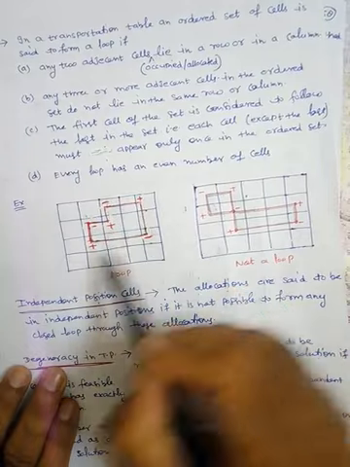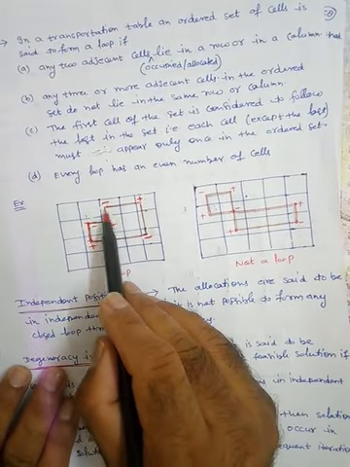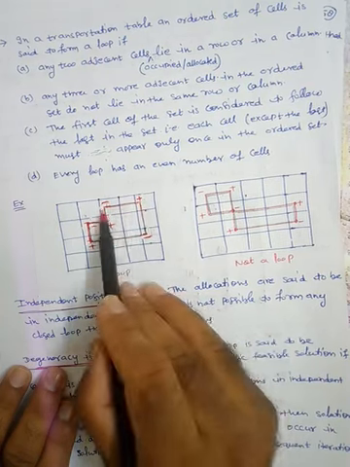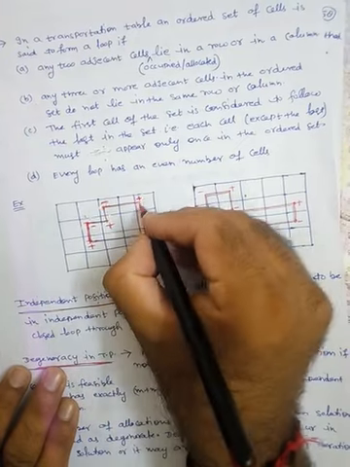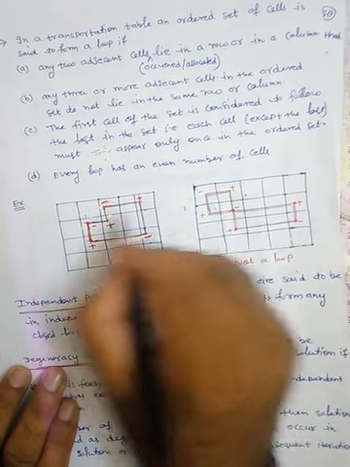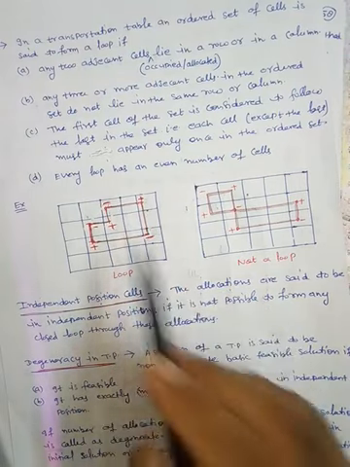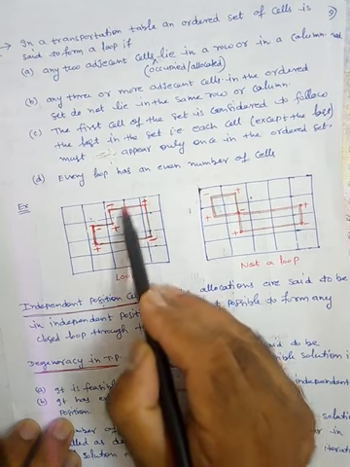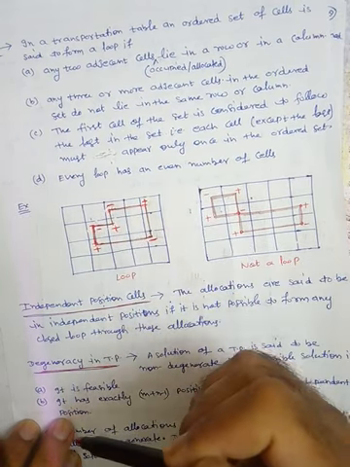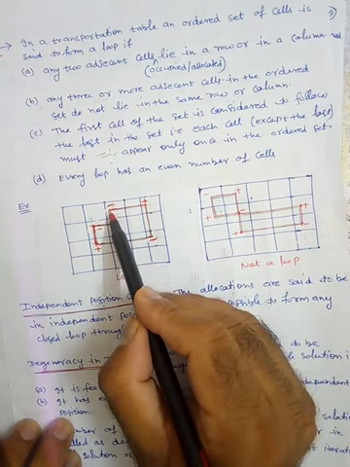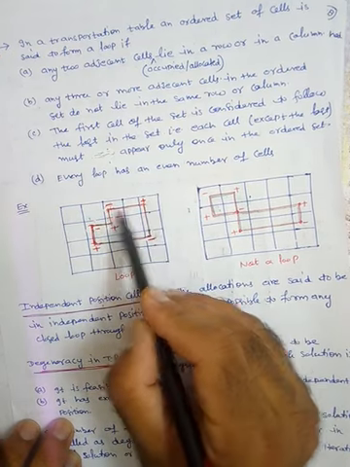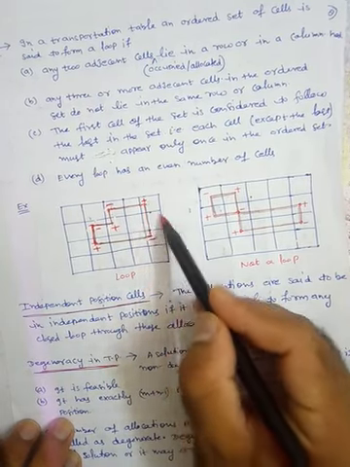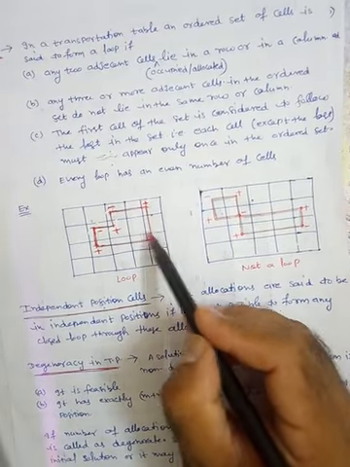Fine. Now this is a loop. Why is this a loop? Because you can see that in each row you are using 2 cells. Here is one cell, one cell here. So there are 2 cells. You have used only corner points. जो भी इस loop के corner points हैं वही cell हैं हमारी. Fine. For example, this fourth one, ये हमारे लूप का पार्ट नहीं है, ये सिर्फ overlap हुआ है, ऊपर से चला गया. Fine. So this is the cell and this cell, they are used to form a loop. Similarly here, these two cells are used to form a loop. However, this is not used as a cell to form the loop.